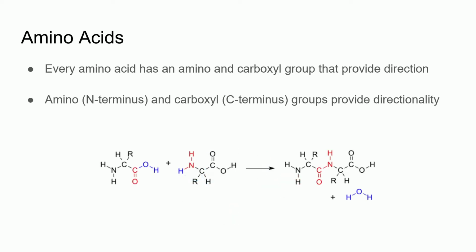As the protein chain is being made, a condensation reaction occurs. The carboxyl group on one amino acid reacts with the amino group of a second amino acid, releasing one water molecule and forming a carbon-nitrogen peptide bond between the 2 amino acids. The amino and carboxyl groups of the peptide chain, in effect, provide directionality to the protein sequence. By convention, protein sequences are written in the same direction that translation occurs, from the end with the free amino group, or the N terminus, to the end with the free carboxyl group, or the C terminus.